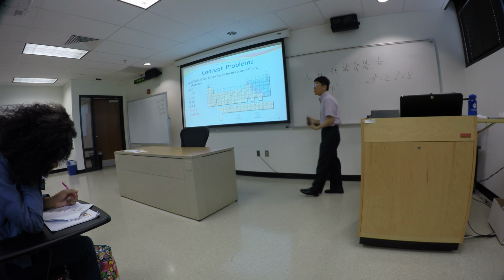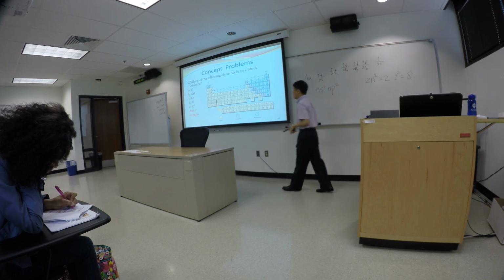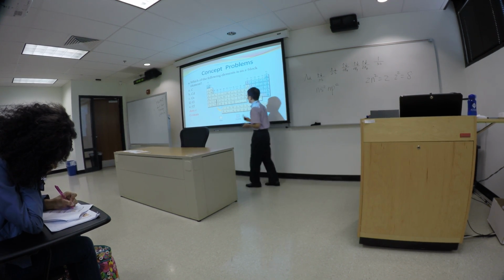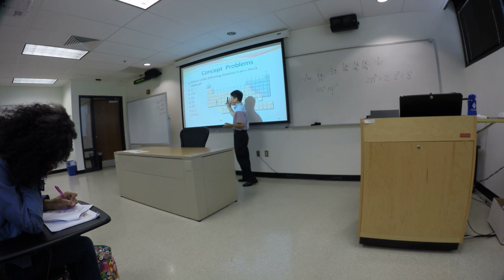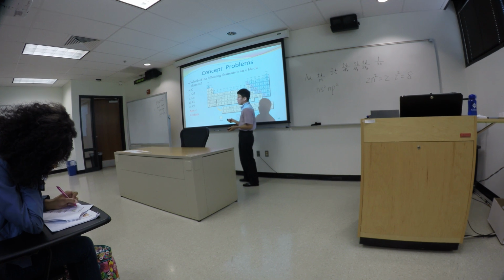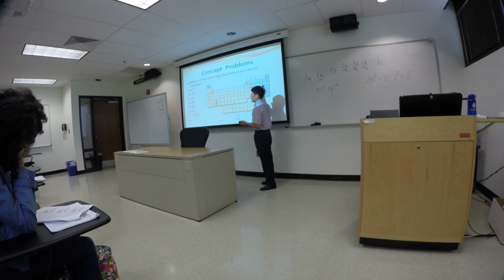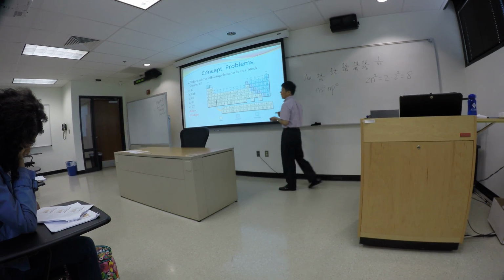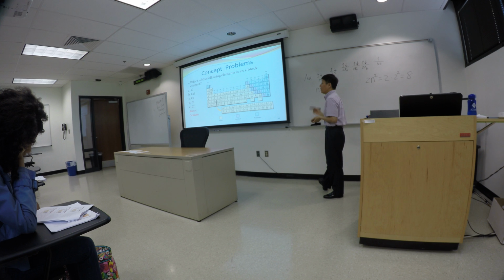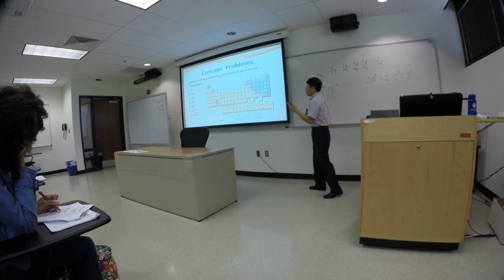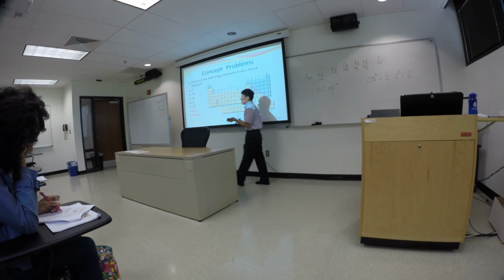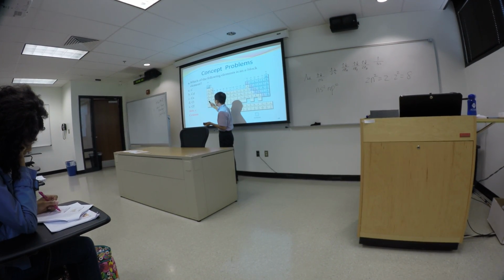I can give you a list of different elements and ask which one is the d block element. You have to be able to identify this region as the d block. Which one is the p block element? You have to be able to identify this is the p block. So that picture that I showed you earlier, the spdf block designation, is something that I do need you to memorize. The spdf block designation has something to do with the number of electrons. With group 1A, you only have 1 valence